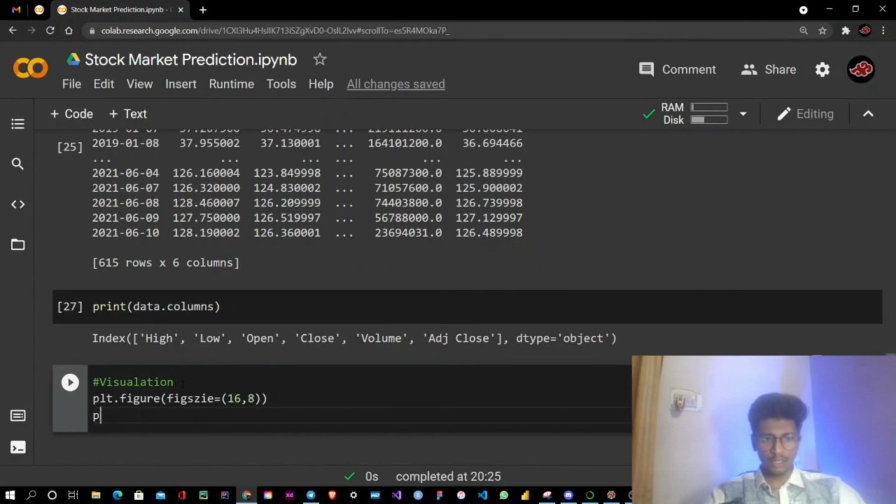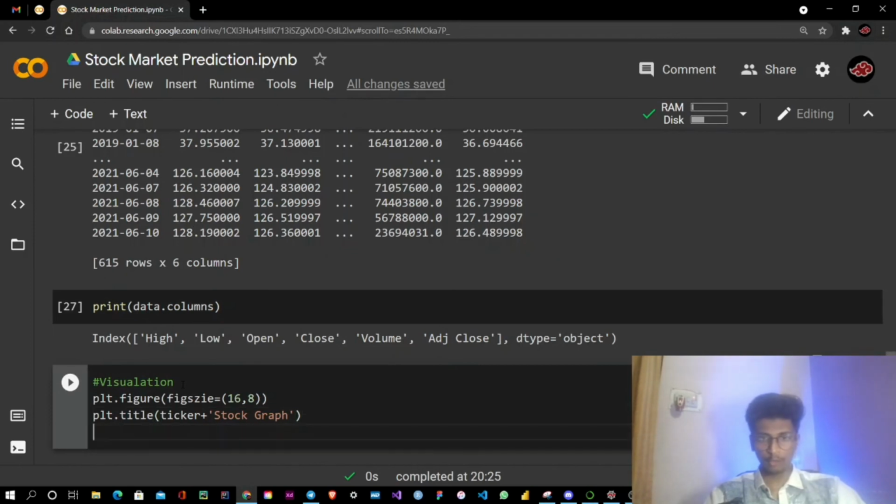Also we need to define a title for that graph, plt.title. Ticker is for the particular stock's ticker values, plus stock graph as the label or title.